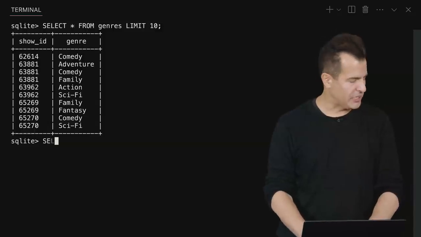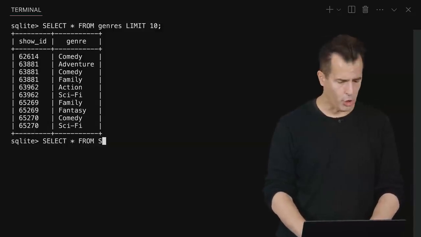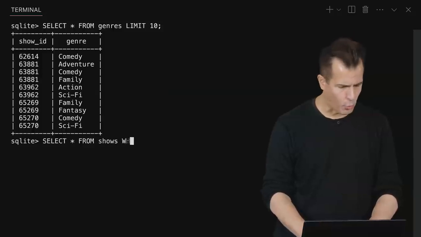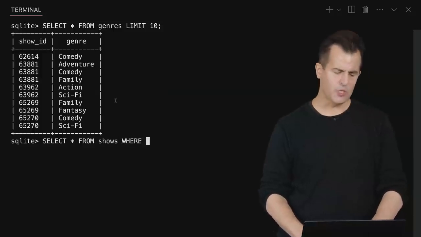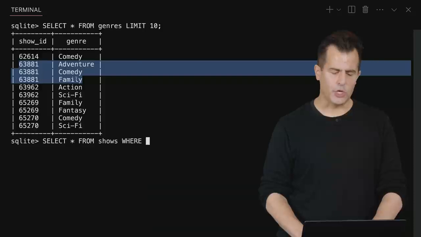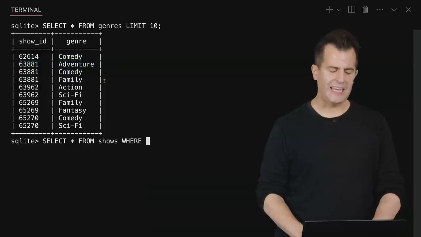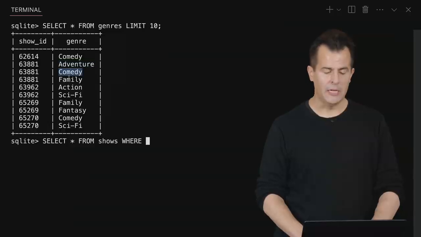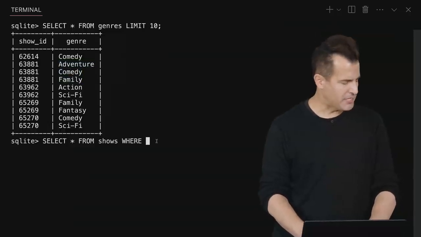Let me go ahead and do select star from shows. Let's do select star from shows, where the ID of the show is this one here. Notice that what's curious about this show here, 63881, is that it's a comedy, an adventure, a comedy, and a family show all together. Now, I happen to know what this one is, but as before, let me go ahead